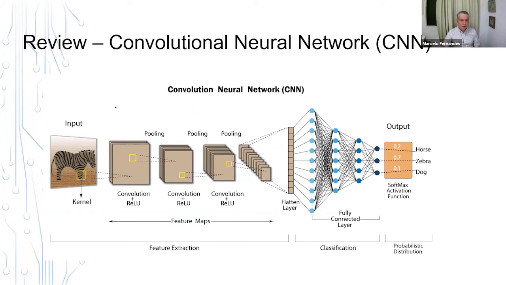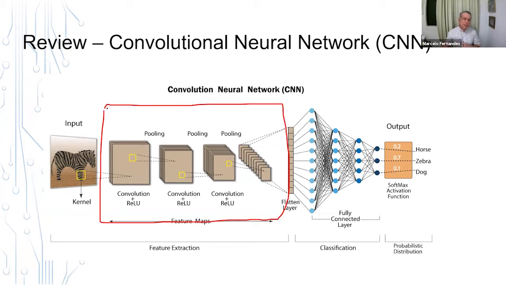Just a little review. We have filter extraction, the several layers with filter extraction, where we make the convolutional processing, and we have a fully connected part, where we make classification and prediction.